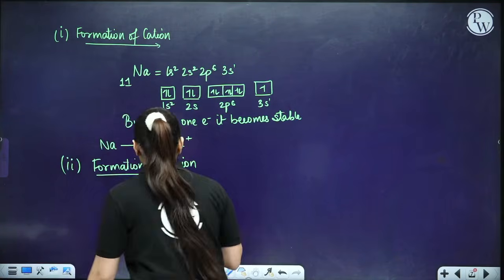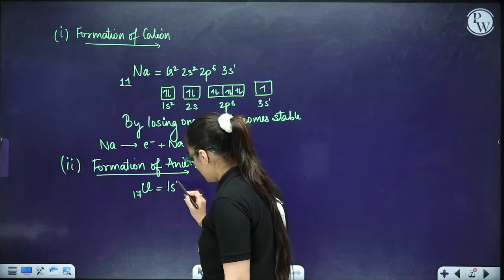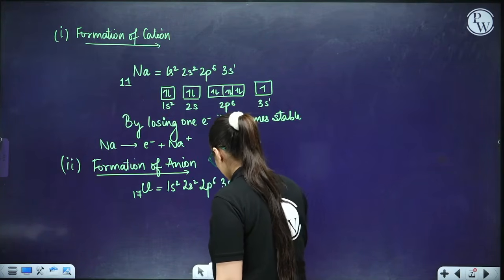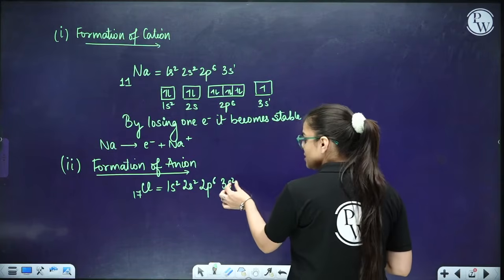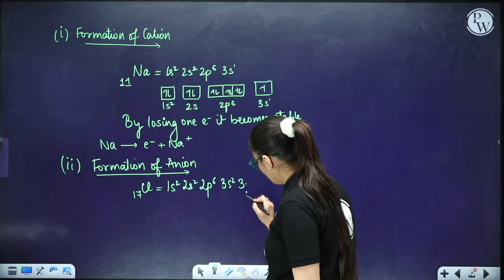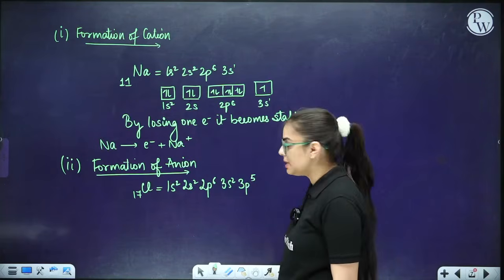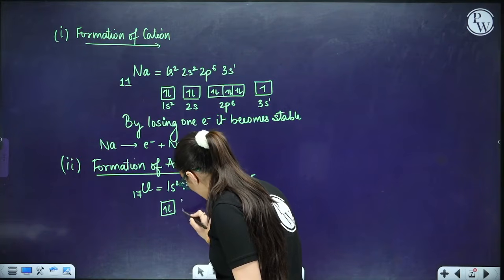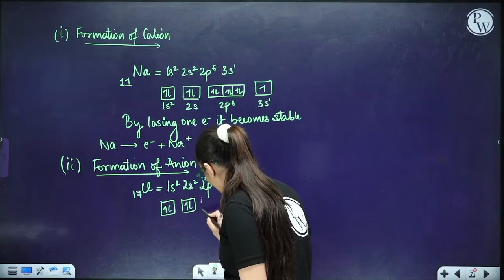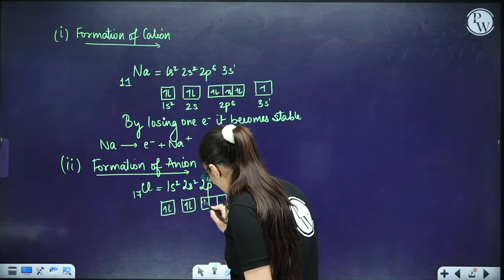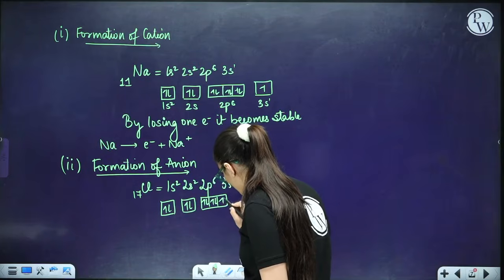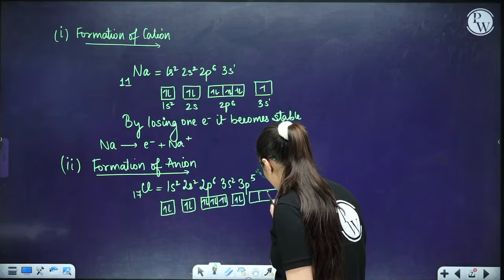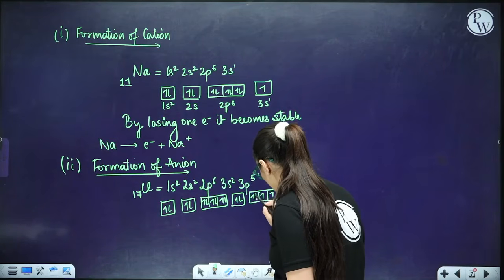If we write the electronic configuration for this as well, it is going to be 1s2, 2s2, 2p6, 3s2. See, electrons: 2 plus 2, 4. 4 plus 6, 10, 12. 5 are left. 3p5. Yes, everybody, 3p5. So if we fill electrons, it is 1s2, 2s2, 2p6, so 1, 2, 3, 4, 5, 6, then 3s2 and 3p5, so 1, 2, 3, 4 and 5.